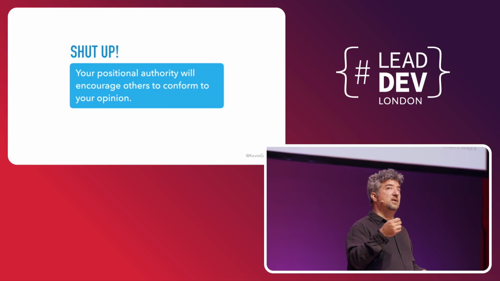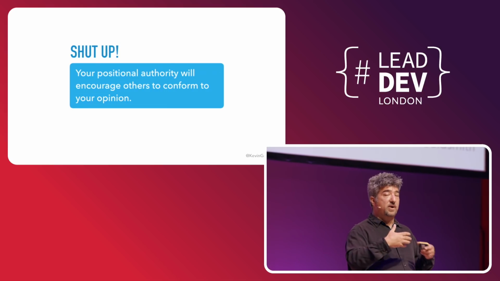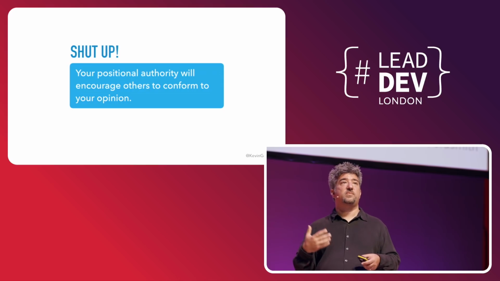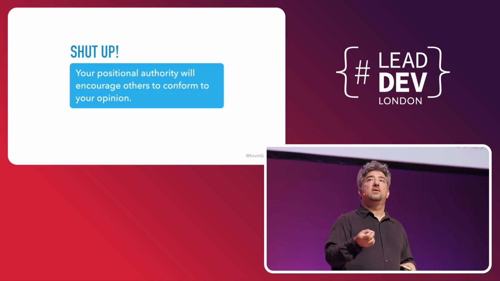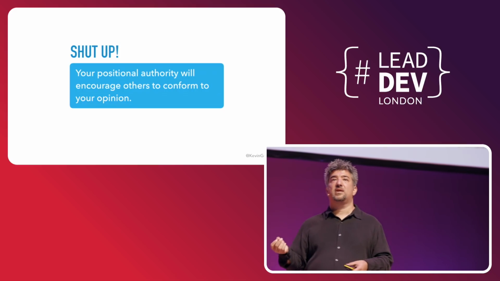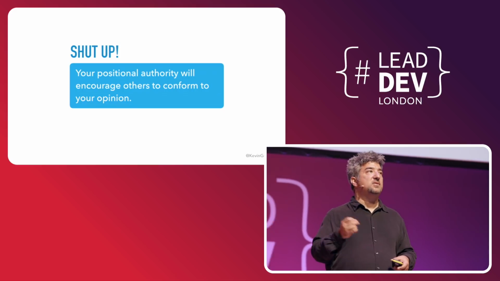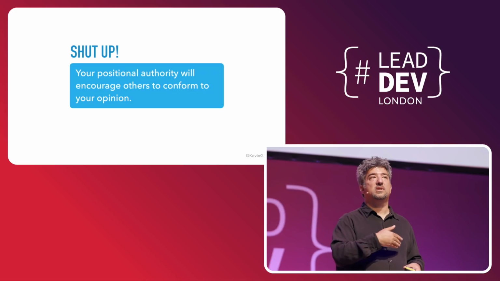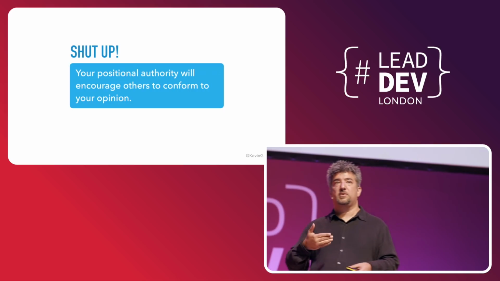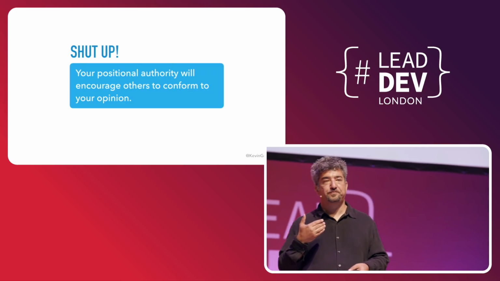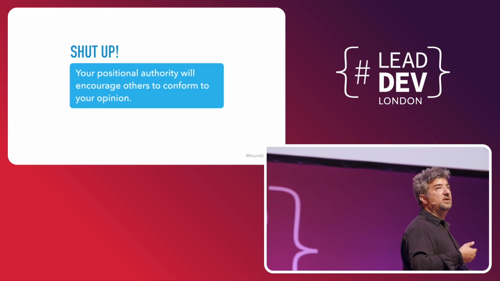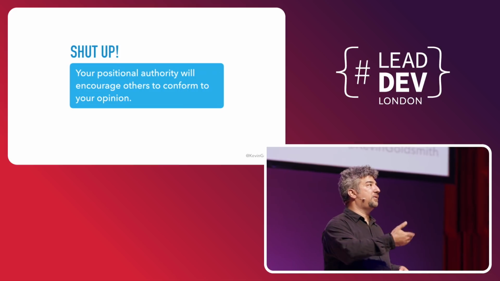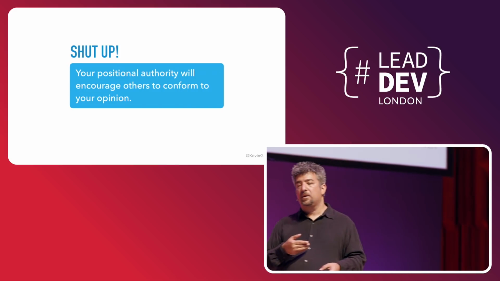I normally wait for other people. I want to see the base positions expressed before I may jump in, and I may choose not to jump in at all until later if I think the discussion's getting really off track, just because I don't want to influence the conversation, because I'm usually not the smartest person in the room. So choose when you enter a conversation. Choose how you express your opinion, because whether you want to or not, your opinion's going to carry more weight.